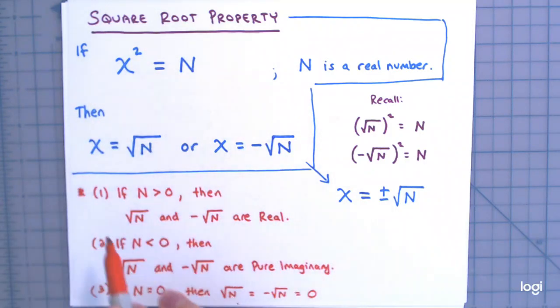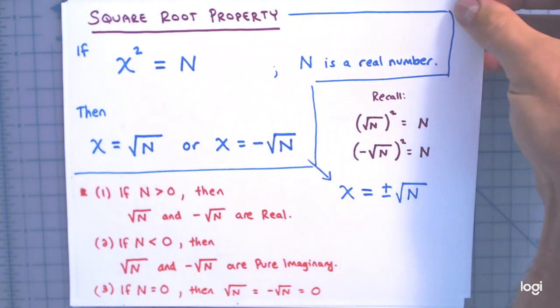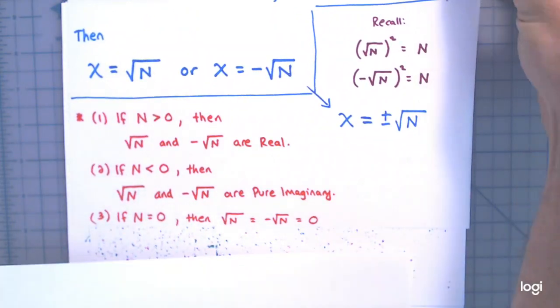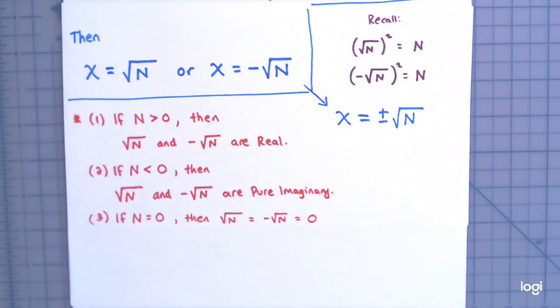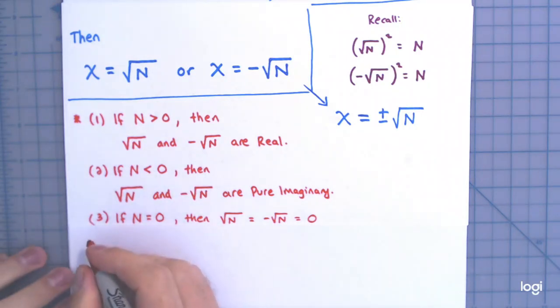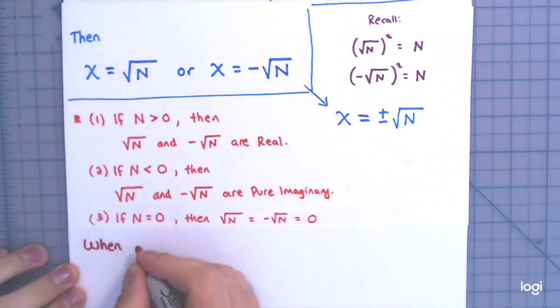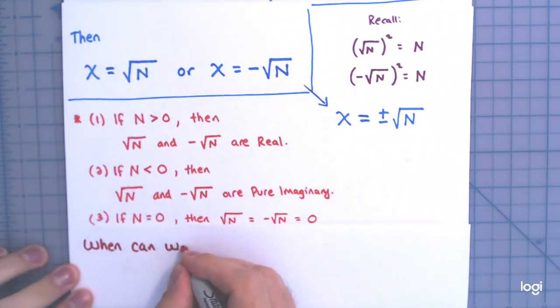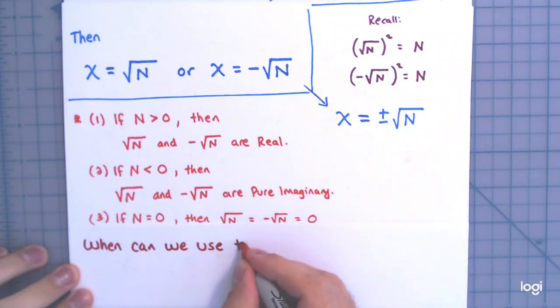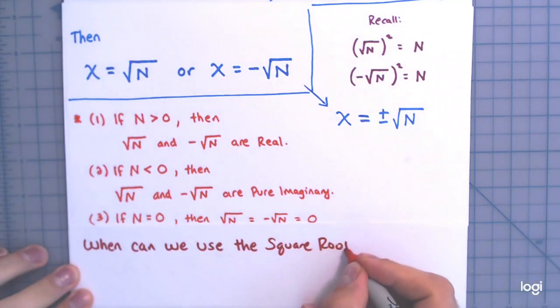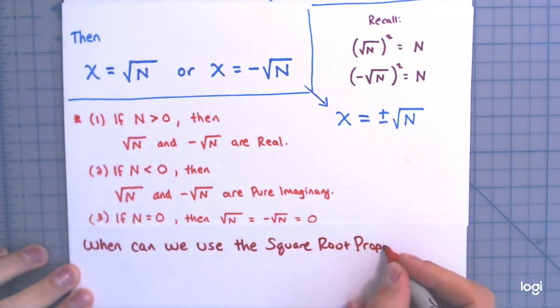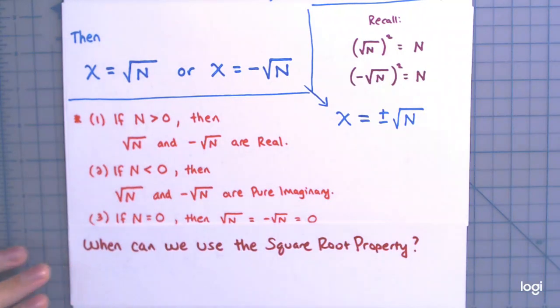Okay, so again, I know it's a lot of letters here. I just have one more thing to point out. When can we use the square root property? When am I going to be able to use it? So that's a question I'll ask here. When can we use this square root property? And the answer to that,